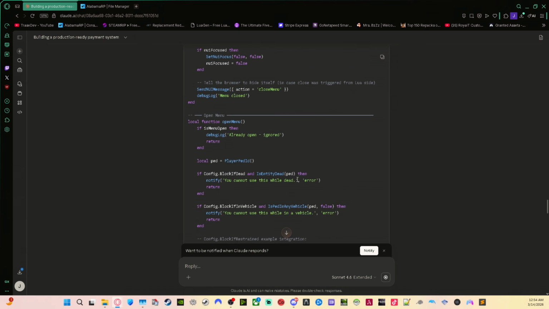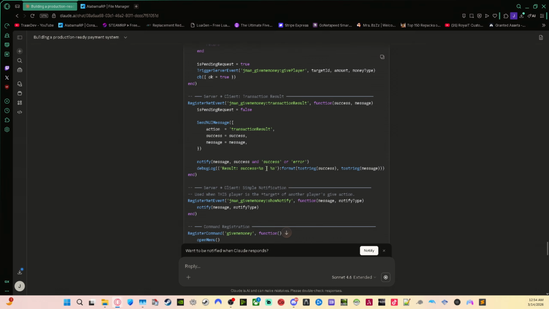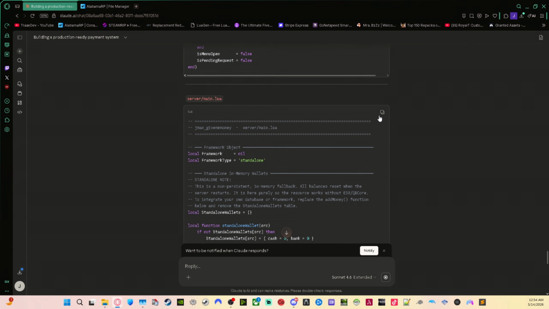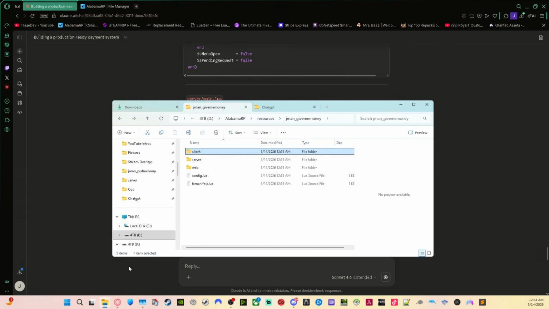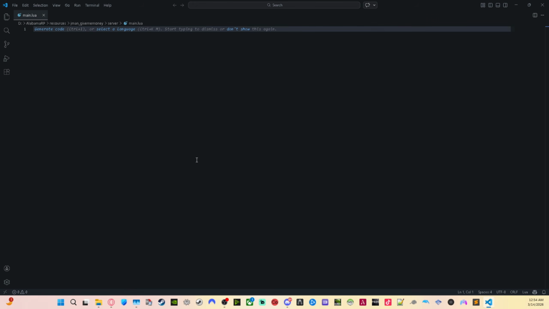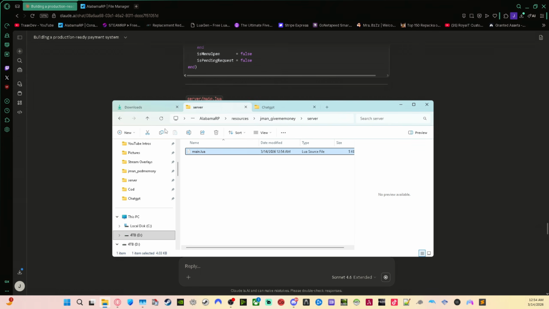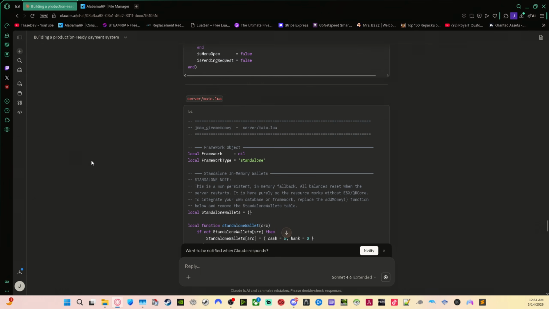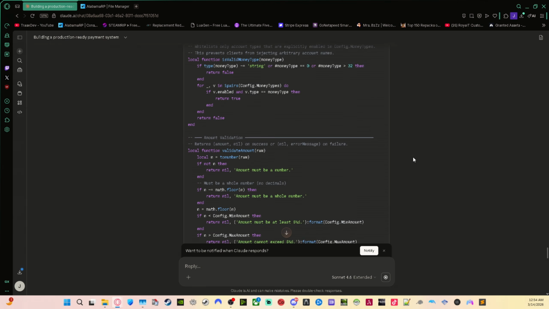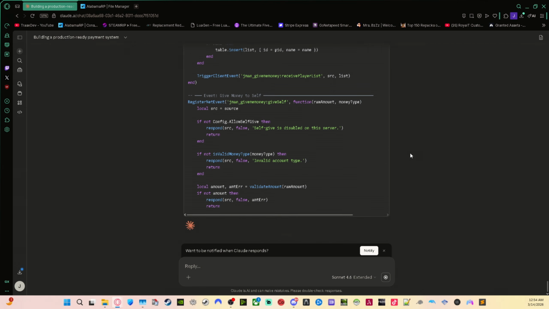Next we have it's a long main.lua code. Now we go into the server folder. Open up server, main.lua, same thing, Control V, Control S to save it, or you can hit file, save, close it. Go back. Next at the main.lua for server, you got,